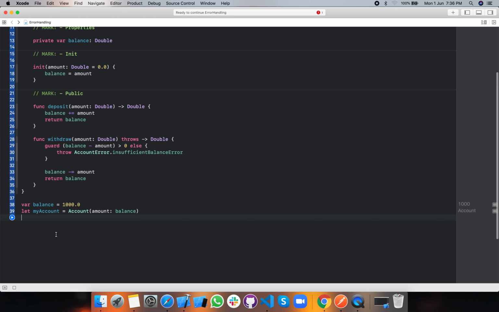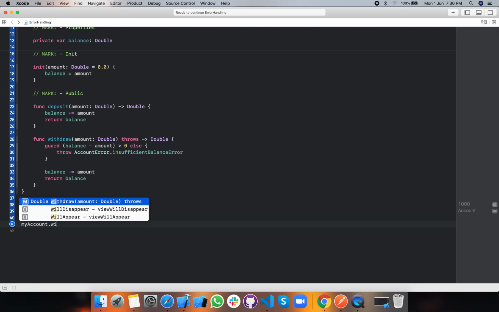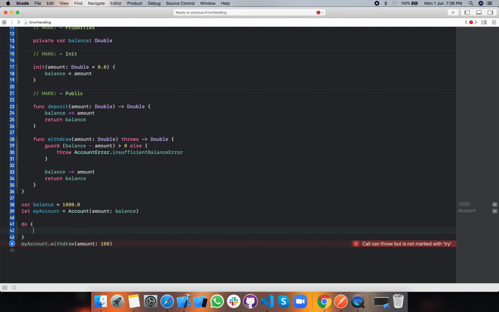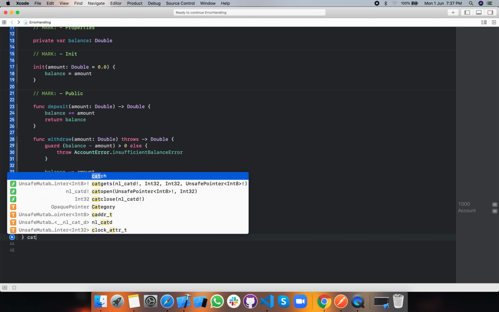Now if we call the function, let's say myAccount.withdraw amount, let's set 100. Let's see what happens. Since we are calling a function that throws an error, we need to write it in a do-catch statement. So let's say balance equal to try, and let's write a catch statement.